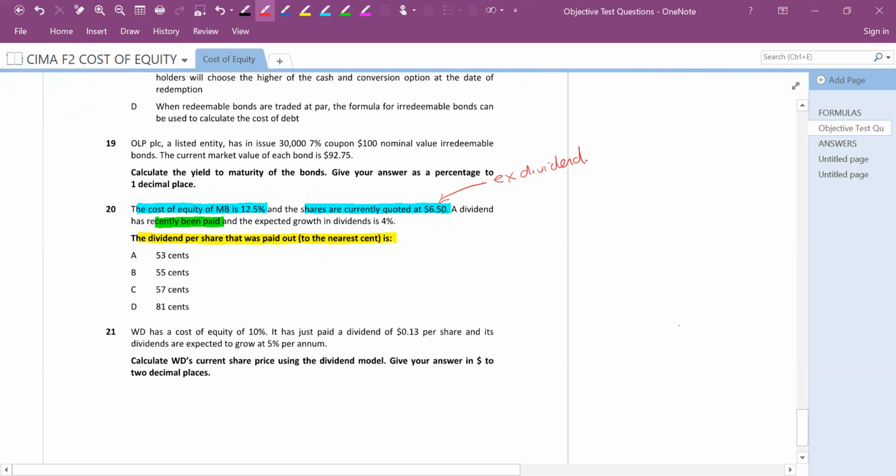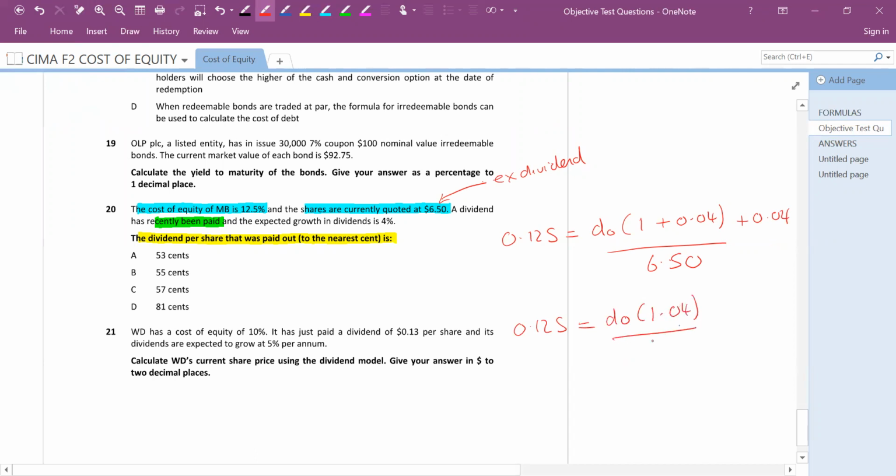So let's start off again, and the cost of equity is equal to the dividend that was paid out, that's the missing figure, multiplied by 1 plus the rate of growth, divided by the ex-div share price plus the rate of growth. So 0.125 equals D0